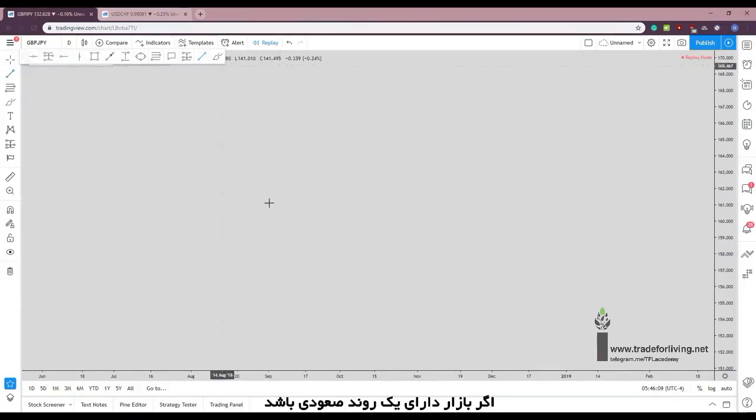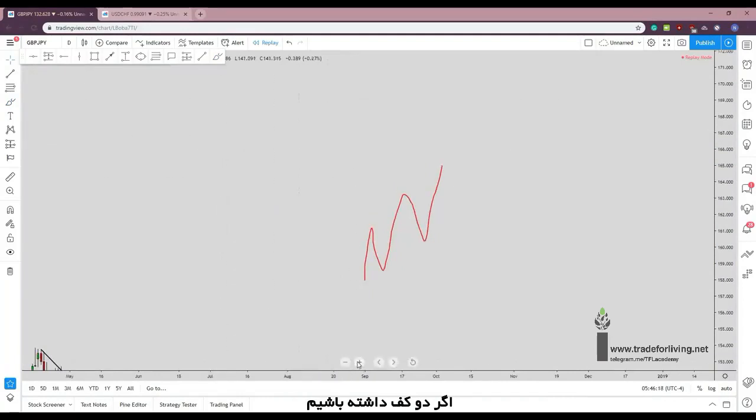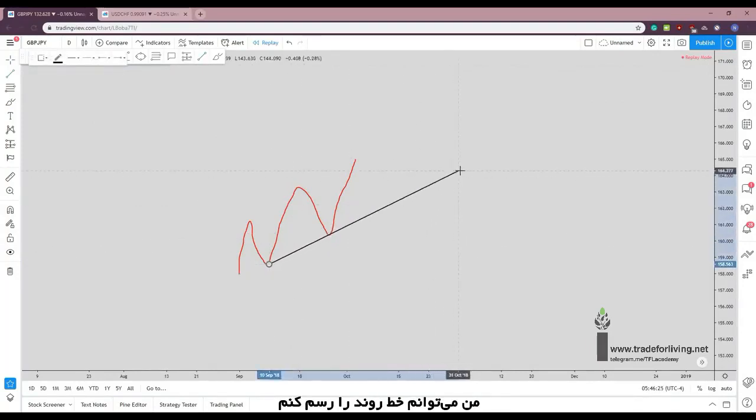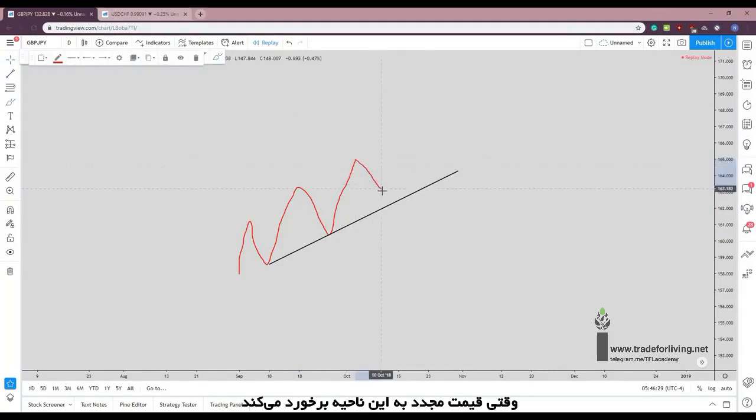So basically, if I have a trending market, so the market is creating higher highs and higher lows, after I have two lows, and as you can see I have them here, I have this low here, I have this low here, at this point I can take my trend line. And what I mean by dynamic is that when the market will hit again this area, the area at which this trend line will give the support will depend on where is the market at the moment, where it is